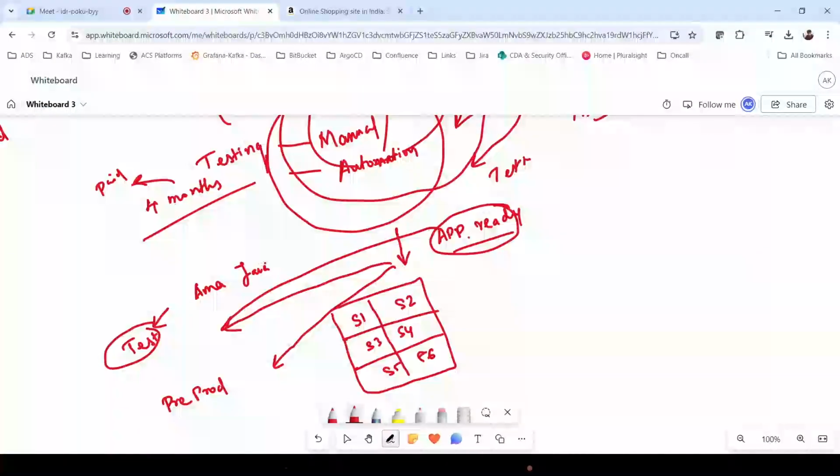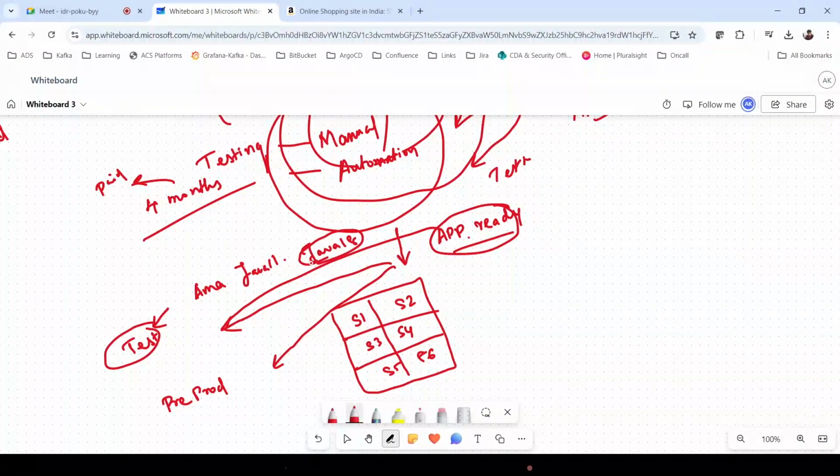This environment has Java 11, but the new app which they have created requires Java 18. So if this Java 18 is missing, then they will not be able to deploy it in the test environment.